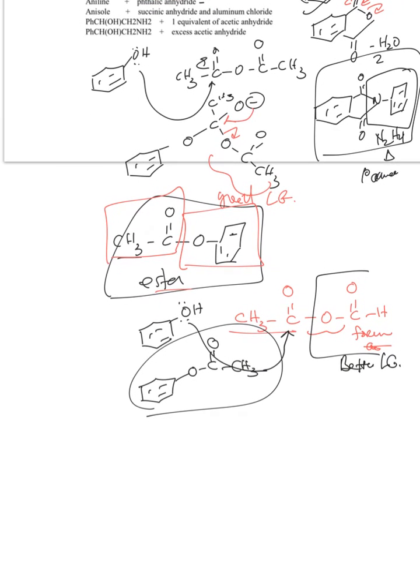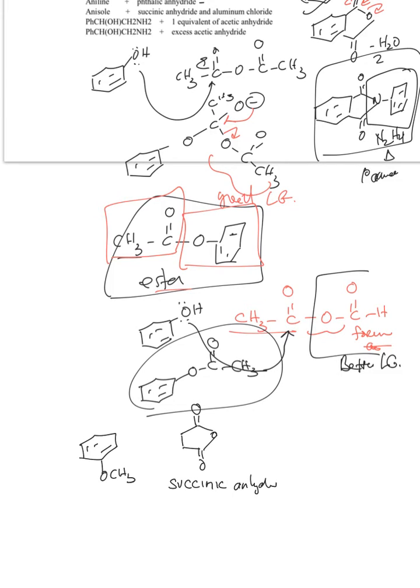Okay, the next one is anisole. So we've seen anisole before in the previous questions. So let's draw that structure. And succinic anhydride, aluminum trichloride. So succinic anhydride is 4 carbons. You'd have to look this up probably. But that's succinic